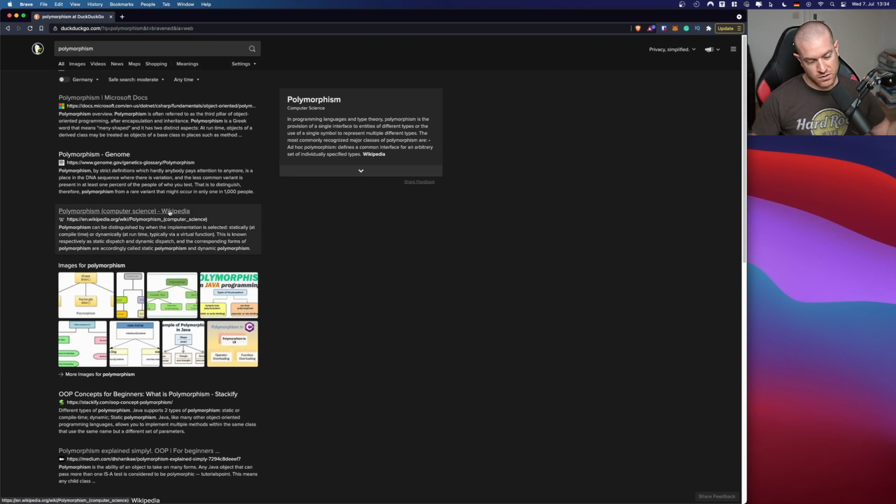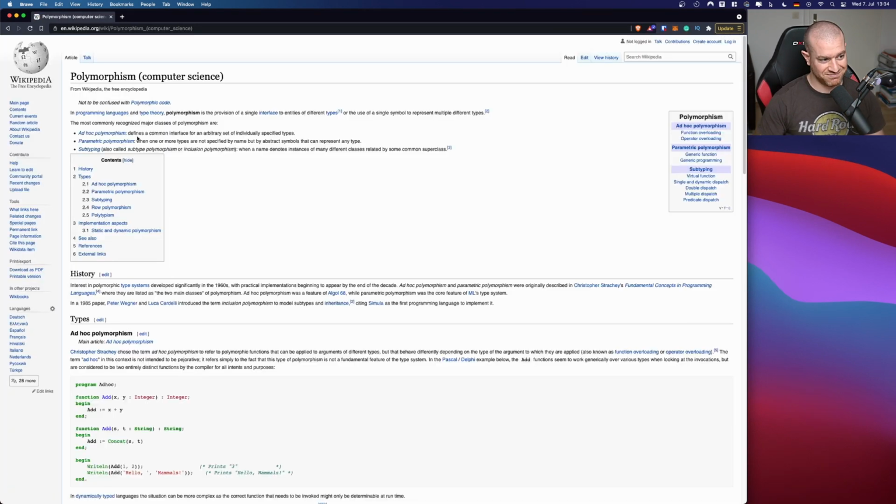So most of us go to Wikipedia first and have a look at this. It says, in programming language and type theory, polymorphism is the provision of a single interface to entities of different types, or the use of a single symbol to represent multiple different types. This is always what I think of Wikipedia stuff. It's like, make it as complicated as possible. Okay, so basically, what is